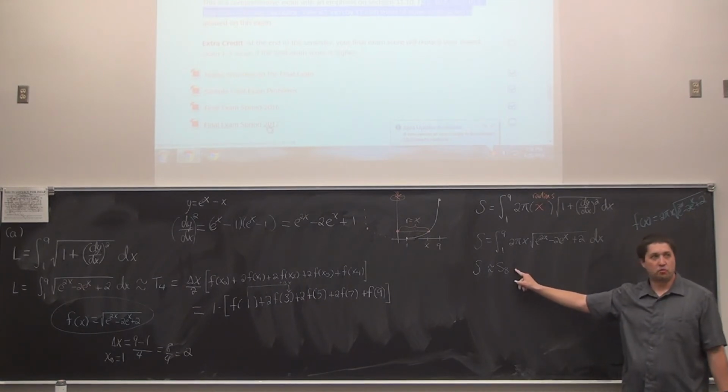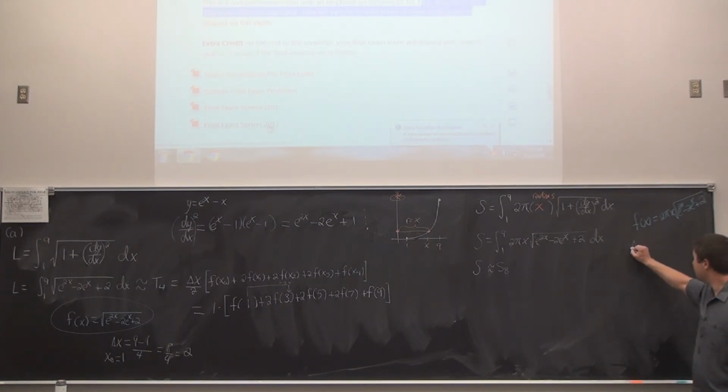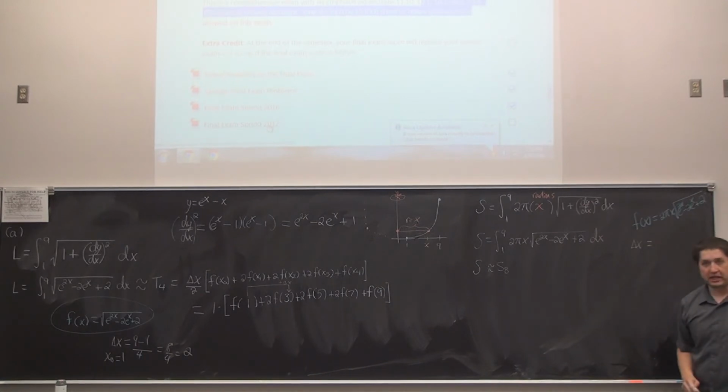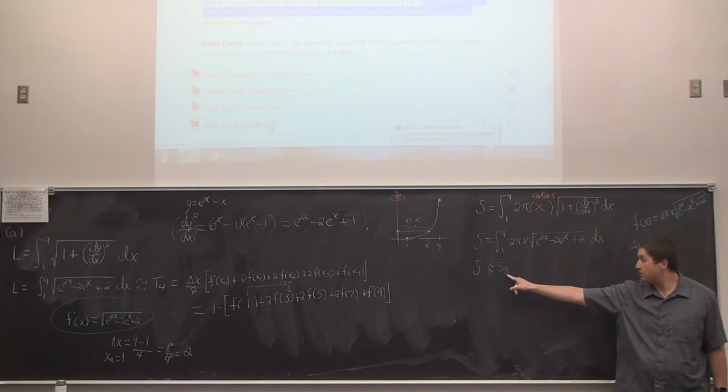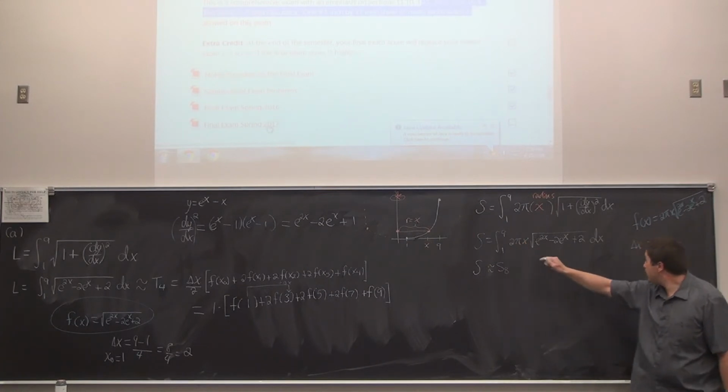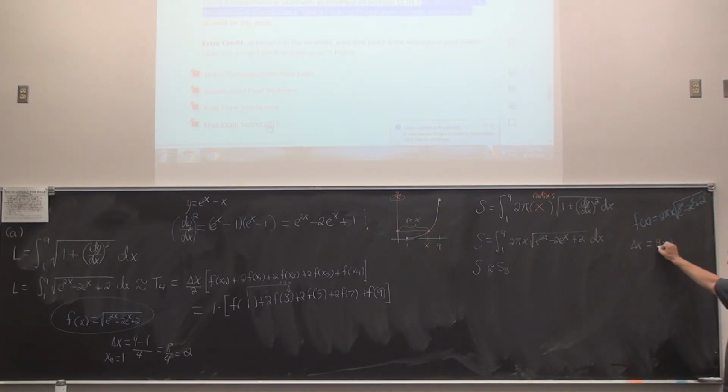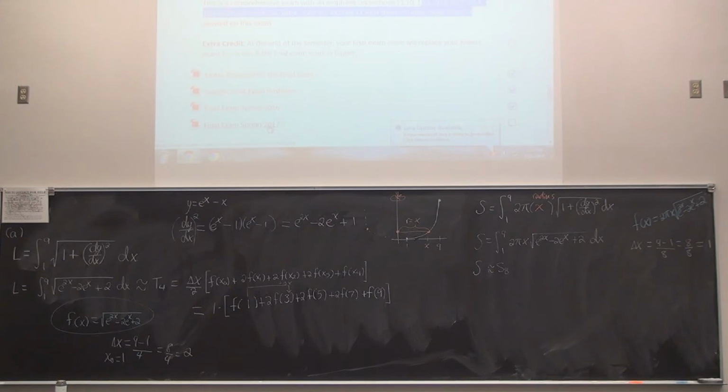But if you're going to calculate S8, once again, you need a new delta x. And this is a new delta x because we have a different number of partitions. This time it's 8 subintervals. So we go 9 minus 1 in the numerator, once again, divide by 8. Oh, that's probably why I did that. You get 8/8, which is 1, and it just makes the arithmetic a little bit better in this problem. That's a bit of a compromise. Let's run through the rest of it and finish off the problem. Any questions first?